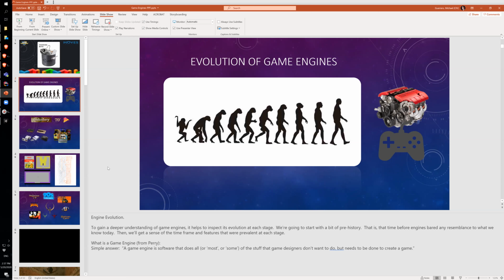The things that inform those decisions can really benefit from this kind of take, looking at the past, present, and future of game engines: where the technology has been, what the prevalent features are at each step along its evolution, and where things are going,